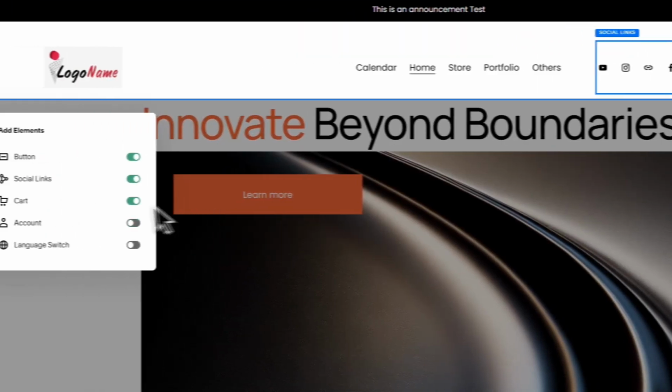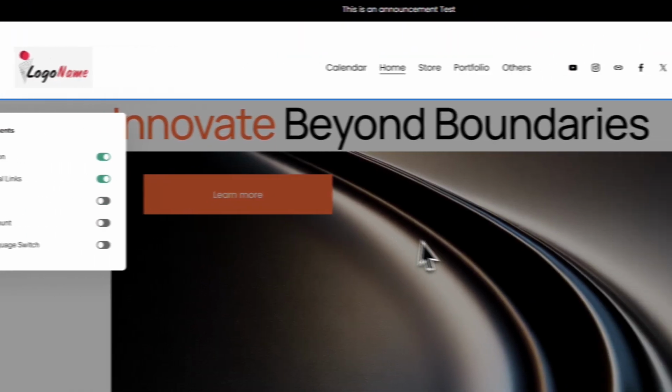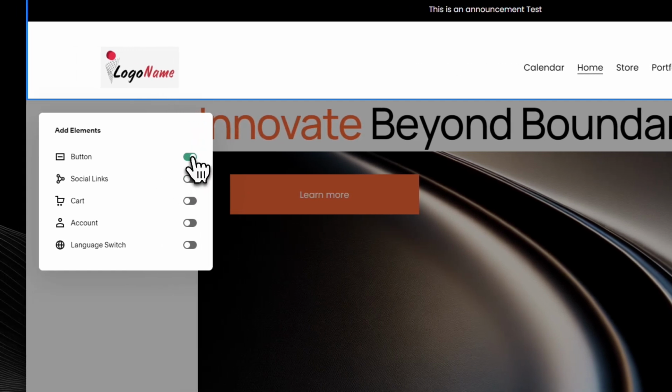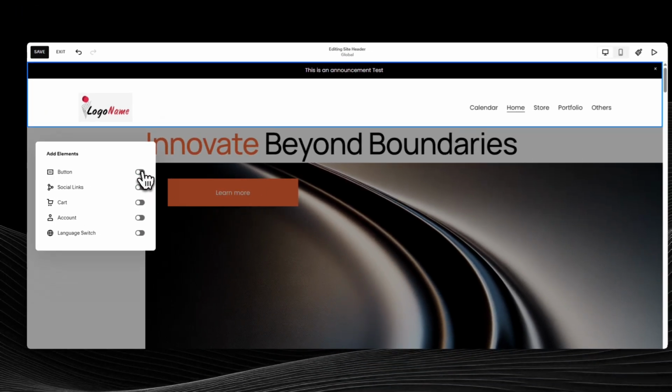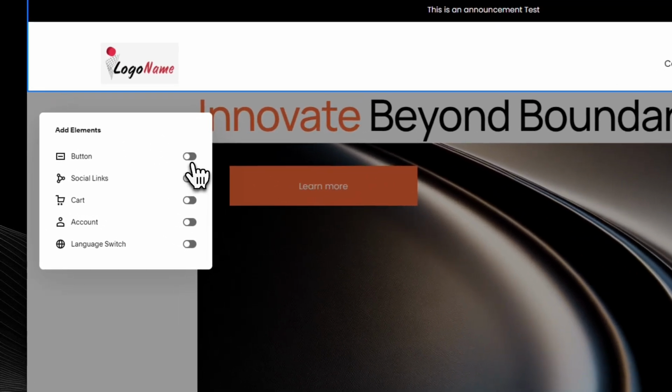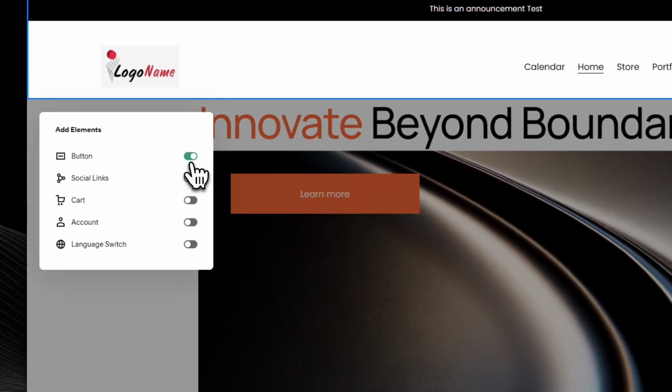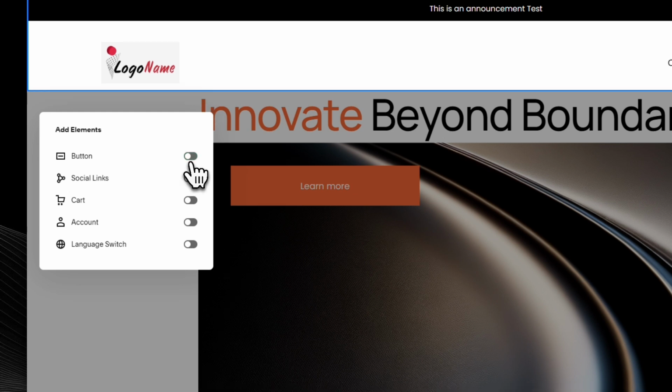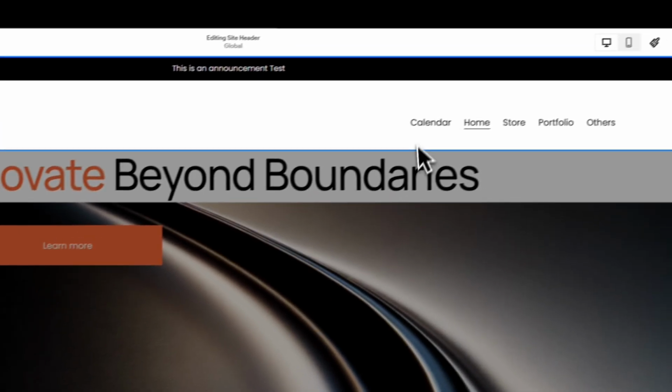Here, you can enable and disable elements. Each item has a simple toggle or checkbox. Turning one off doesn't delete anything permanently, it just hides that element from your visitors while you keep full control behind the scenes. That means you can turn off a search icon or a button today and bring it back